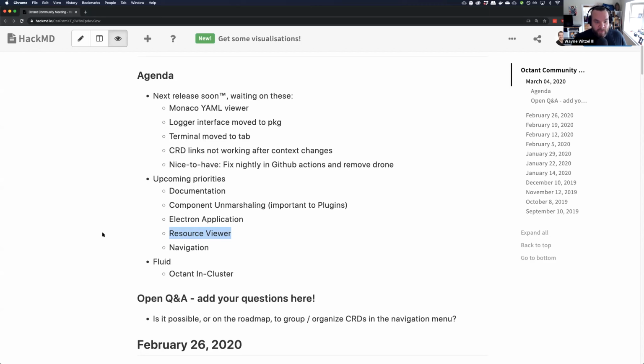the core useful component that it is, and make it drive your engagement and usage of Octant. Because I believe the resource viewer itself right now is already useful. You look at it, you see color codes, you see status marks, and you can at a super quick glance get an idea of what's happening. We want to take that a step further, and tighten up the UI for it. We want to make things a little easier to navigate,